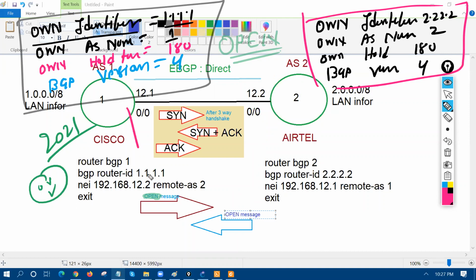So this guy will send its own open message. This guy will send its own open message. Once both the routers exchange the open message, what will they verify? If no authentication will be there, if I'm not going to apply any kind of password, right? Then what happens? Router 1 and router 2 are going to verify